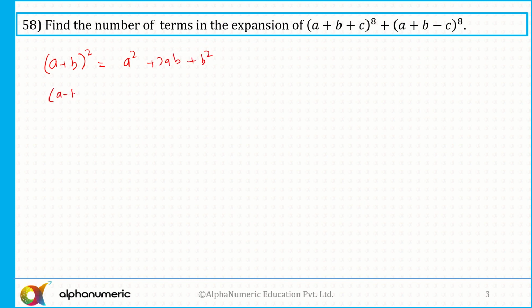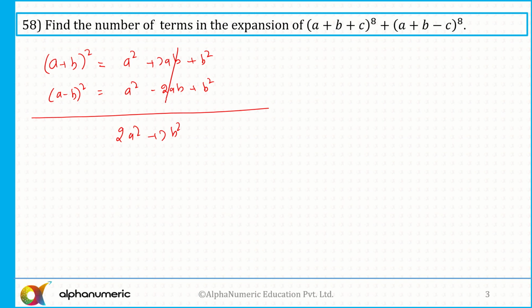And if I am saying a minus b whole square, again 3 terms, a square minus 2ab plus b square. So the coefficient will be the same, like the coefficient of a square in both of them is the same, the coefficient of b square is the same, the coefficient of ab is also the same, that is 2 and 2, but one of them is positive and the other negative. And when you add these two, I'll get 2a square plus 2b square. So the 2ab terms get cancelled. Okay. So we know a plus b square has got 3 terms and all positive. All the terms are positive. And a minus b square has got 3 terms, but 2 positive and 1 negative.